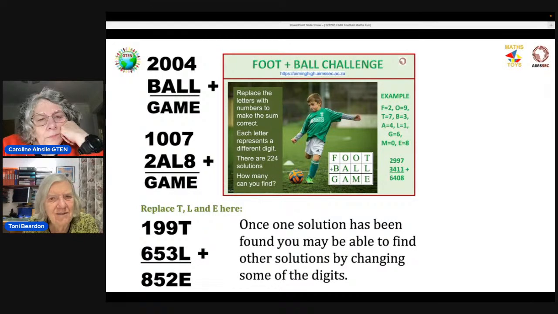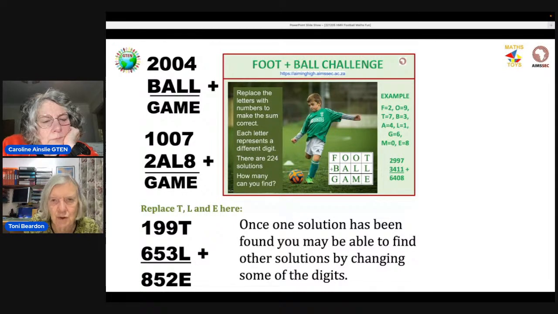It's going to go on challenging you to find more and more, or challenging your class or your group or your family to find more solutions if you're interested. There's another one on the right there, 2,997 plus 3,411. Oh, inside the picture? I see it. Yes, underneath the picture. That gives you